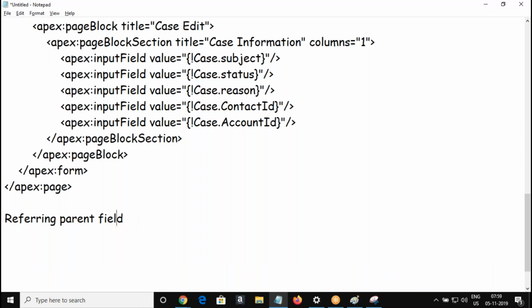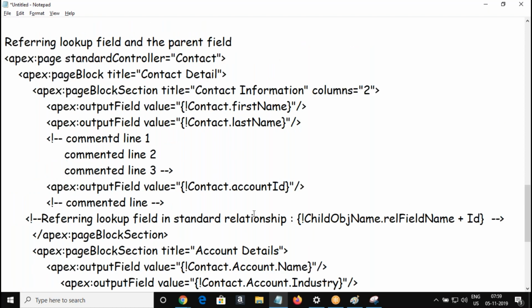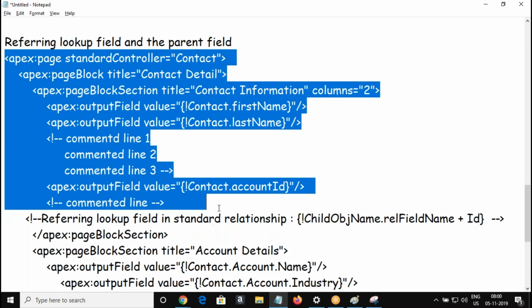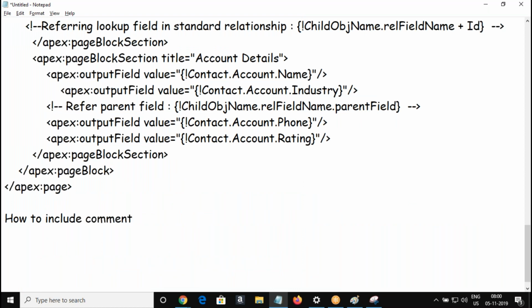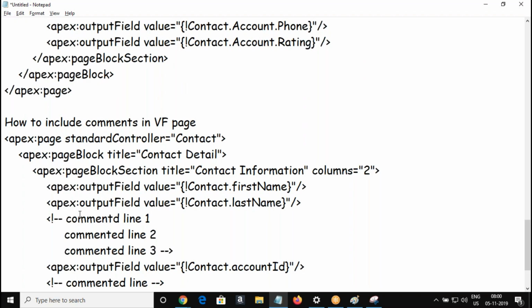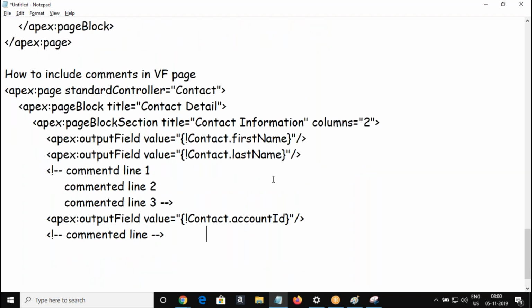Referring to a parent field, the lookup field, and the parent field, right? And this part is for your commented line example. I would include a commented line.